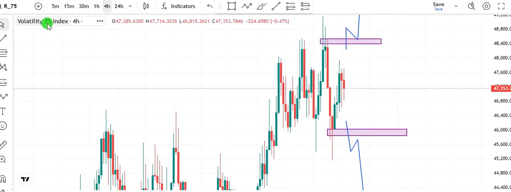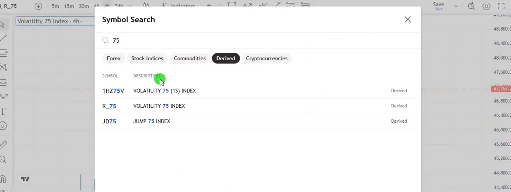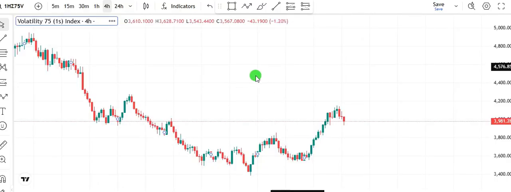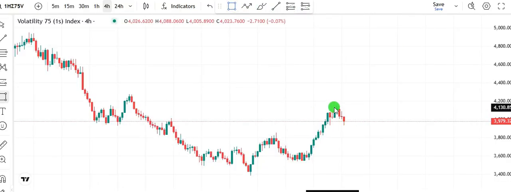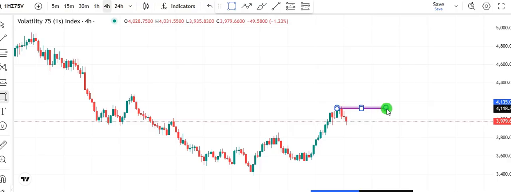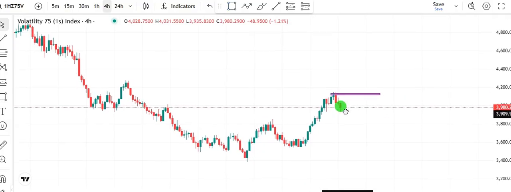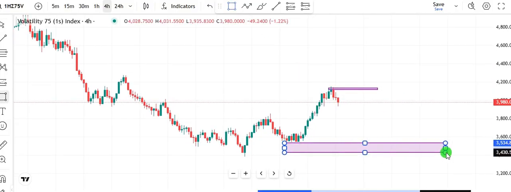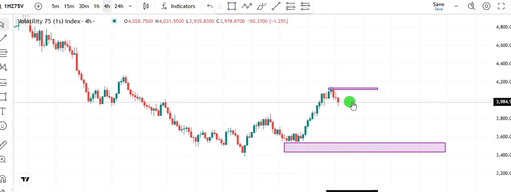So that's for 75. So let's go to 75 1 seconds to see what we're going to be looking at for today. So yes, it's 5 1 seconds. The same thing is actually very valid. You can see the recent high. Then talking about the most recent low, it is this right here that actually led to this whole movement around this level. So that means you want to see a break above this